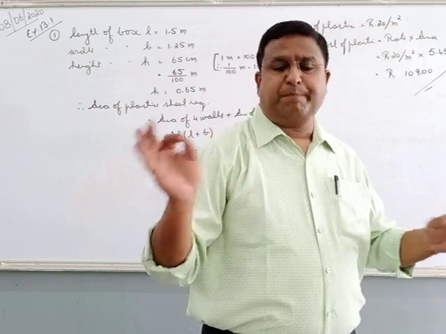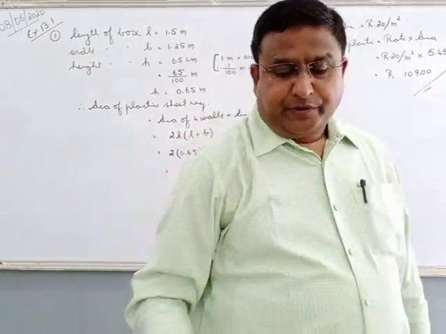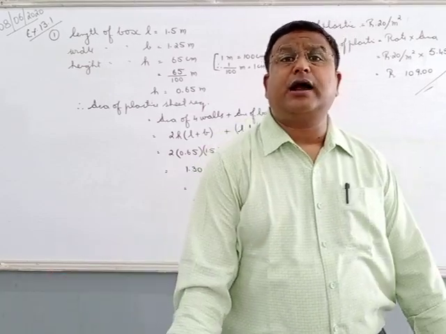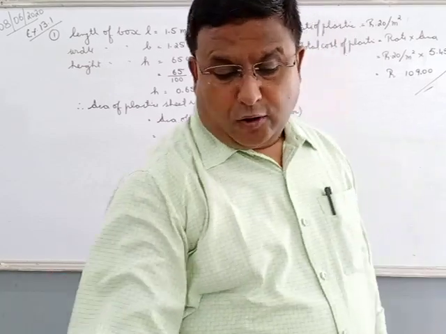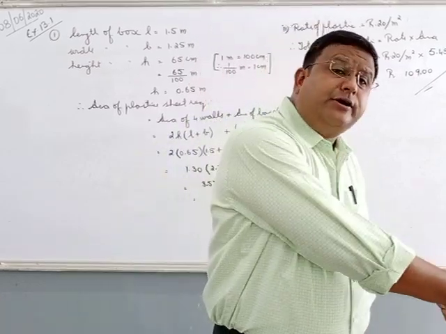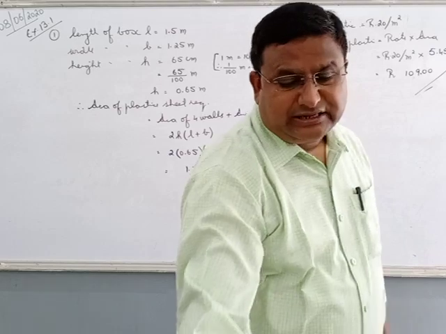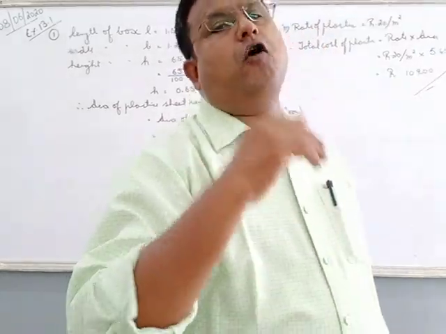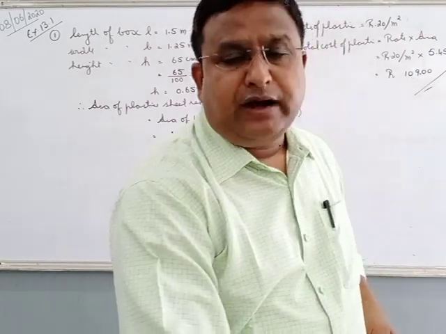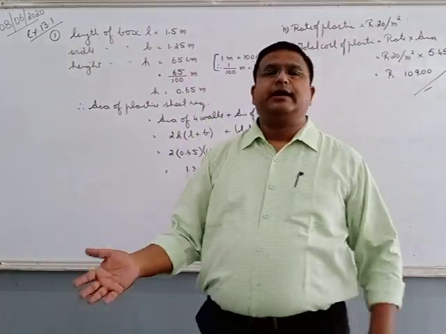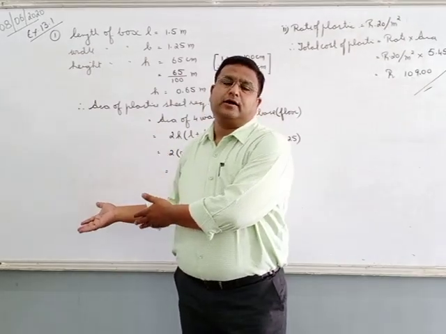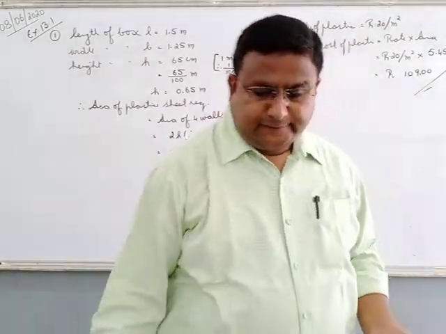Correct? Simple application. Question number second, a cuboidal water tank. Everyone has a water tank, an underground water tank. 6 meter long, 5 meter wide and 4.5 meter deep. We hold water in that. That is the volume. Question says, how many liters of water can it hold? So, meter cube, the conversion is given to you. 1 meter cube is equals to 1000 liter. Whatever volume you get in meter cube, multiplied by 1000, that will be in liters.